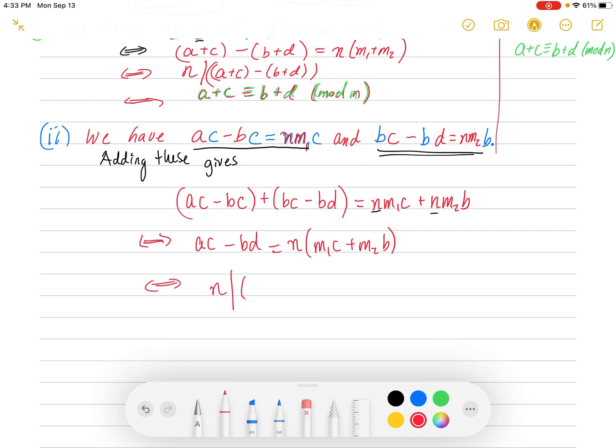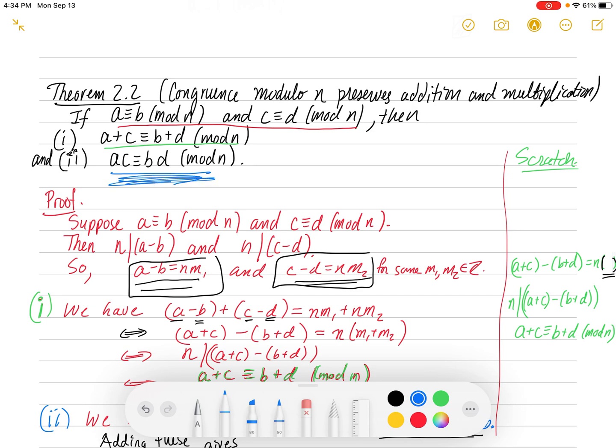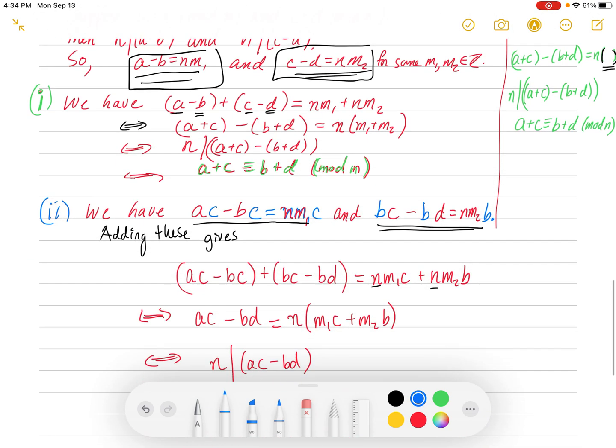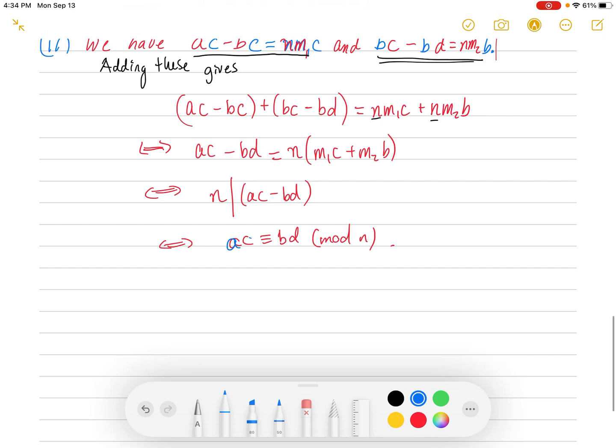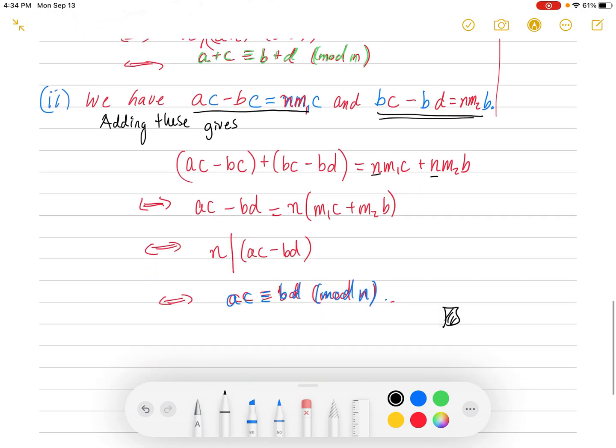So what does that tell you? That tells you that n divides AC minus BD. And what does that tell you? That tells you AC is congruent to BD modulo n. Is that what we wanted for the blue here? Yeah, right, we got AC is congruent to BD mod n. That's what we want. Let me write that in blue. AC is congruent to BD mod n. All right, so there we are. Theorem 2.2. All right, so we'll stop and